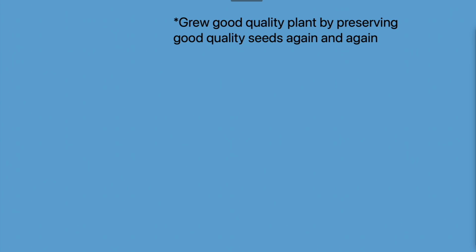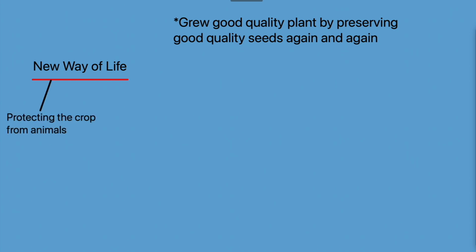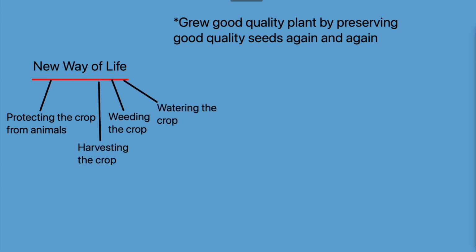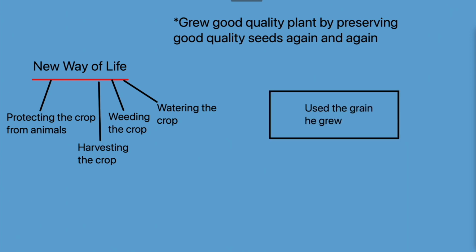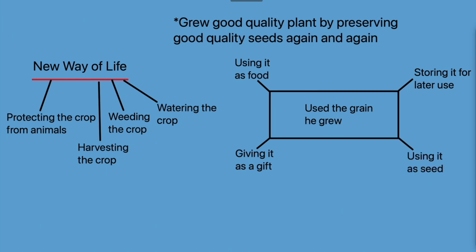Now, talking about this new way of life of ancient man, we know that a crop when grown needs a lot of care and some time to mature before you harvest it. So ancient man had to do all these duties like protecting the crop from animals and birds, watering and weeding the crops, etc. He used the grain he grew for different purposes, like storing it for later use, using it as food, giving it to someone as a gift, or using it again as a seed to grow more plants